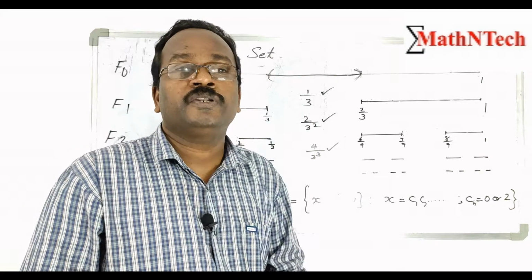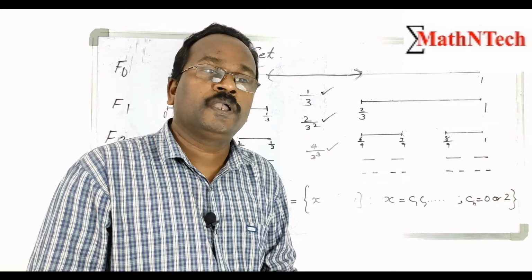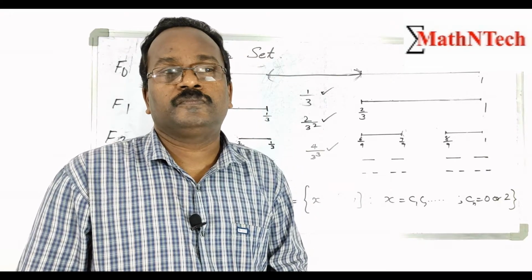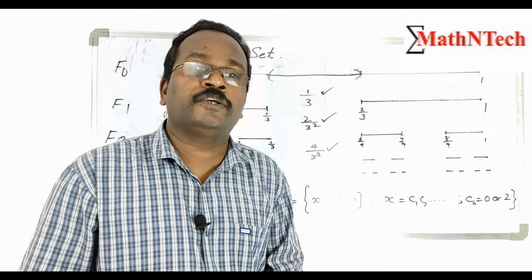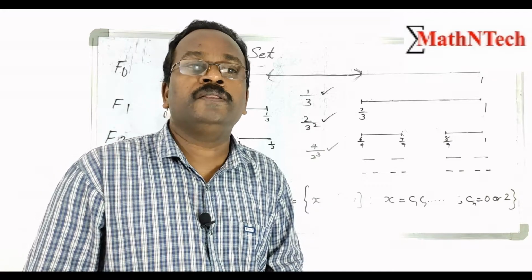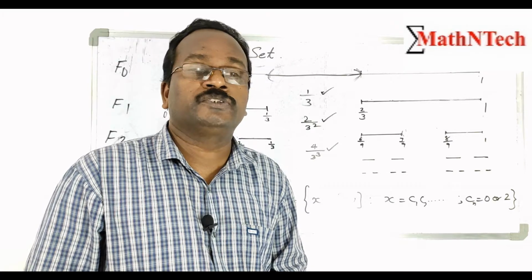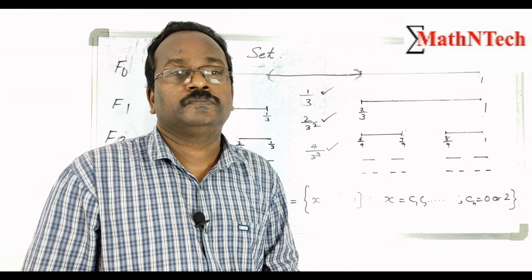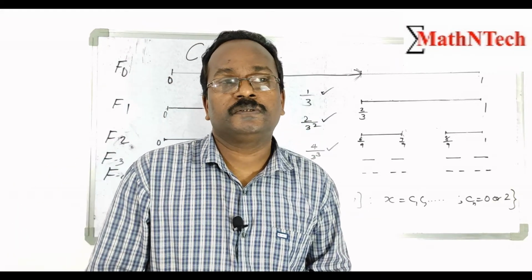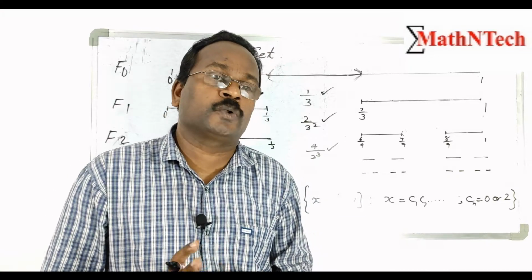In real analysis, it is uncountable. Cantor set is uncountable because we can find Cantor's function onto the unit interval [0, 1] using the ternary and binary expansion. That is another definition of Cantor set. Every element in the Cantor set has a ternary expansion using only the digits 0 and 2. If x is an element of Cantor set, then x has a ternary expansion using only the digits 0 and 2.